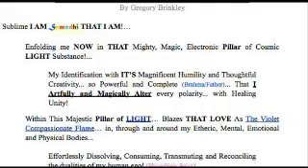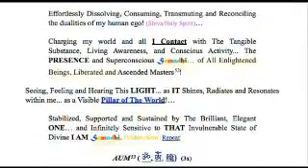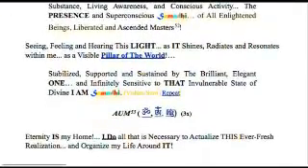around my etheric, mental, emotional, and physical bodies, effortlessly dissolving, consuming, transmuting, and reconciling the dualities of my human ego, charging my world and all I contact with the tangible substance, living awareness and conscious activity, the presence and superconscious samadhi of all enlightened beings, liberated and ascended masters, seeing, feeling, and hearing this light as it shines, radiates, and